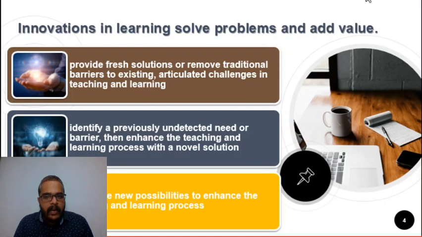And another is, now, can we introduce new possibilities? So how will we introduce new possibilities to enhance the teaching and learning process? Those who are listening to me, you know that maybe some of us might say I'm against online teaching learning because the vitality of the teaching learning process is getting curbed.